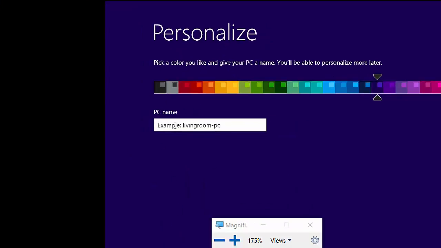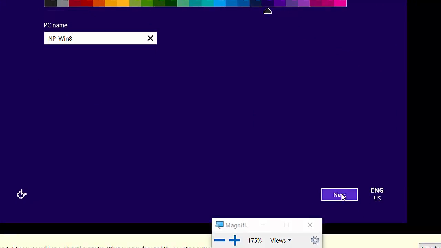So give it a name. Everyone's machine is ready. Give it a PC name, whatever we have labeled it before. That was just a label. So it's NP hyphen Win 8. It's our first machine and we labeled it. Label means we bought a hardware and we put a label here, this will be our machine, so we don't need to open it. Before opening we know what is inside. After giving the name, click on next